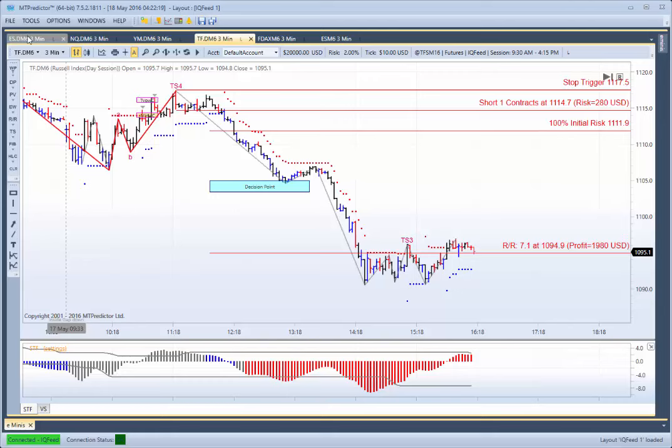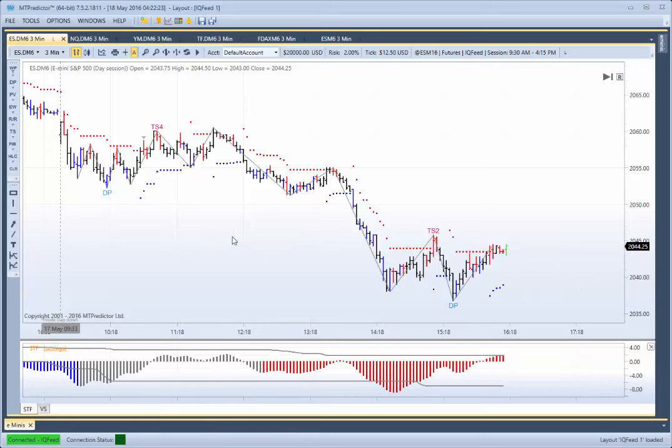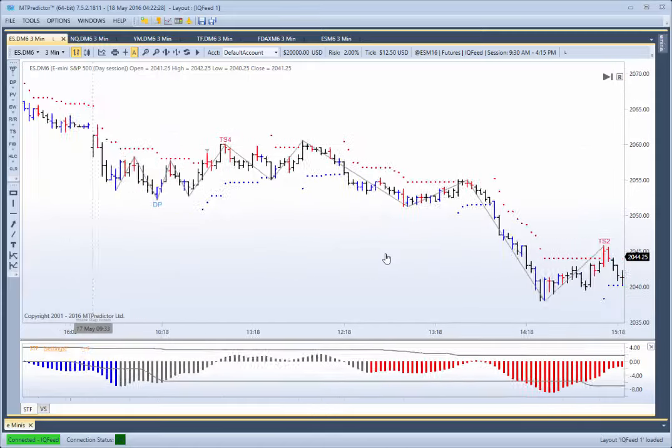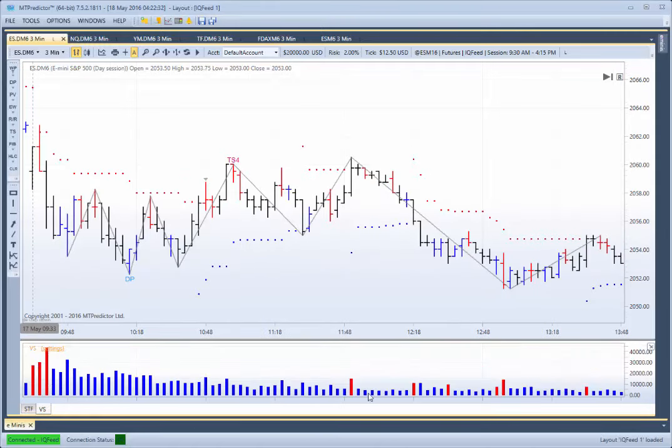But what I want to look at is focusing again on the ES, and what you'd have done by looking at this with a more advanced eye. This is what we teach in our training webinars. I was looking at the VS setup, or the volume spike setup, in our webinar yesterday, where we look at a high volume spike as denoted by our red bar on our volume, where the market moved beyond a prior important high,